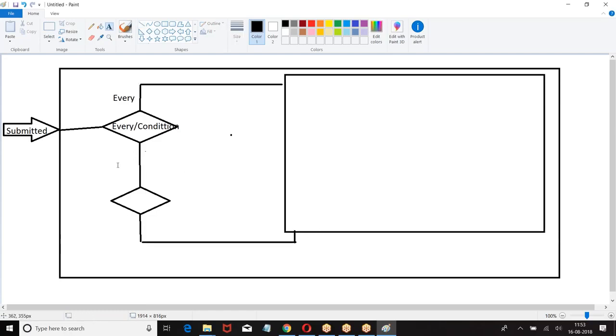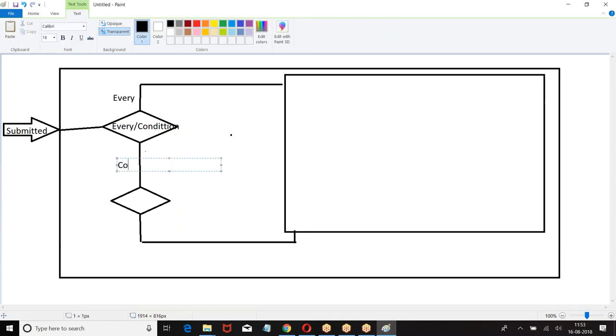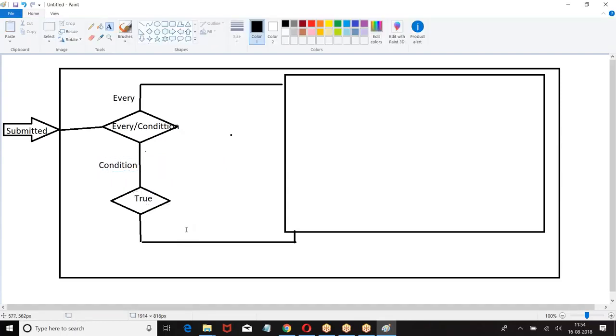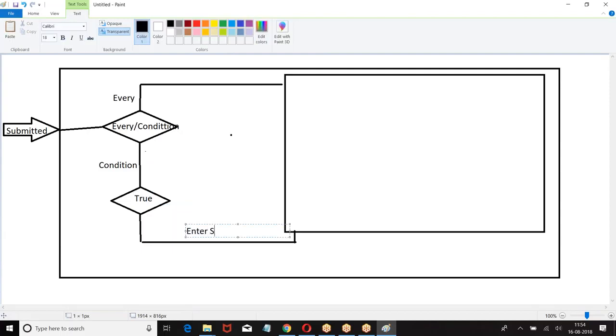Now, every record, or not every record. Records which are meeting the condition. Then, if records are meeting the condition, condition true, then enter. Condition false.